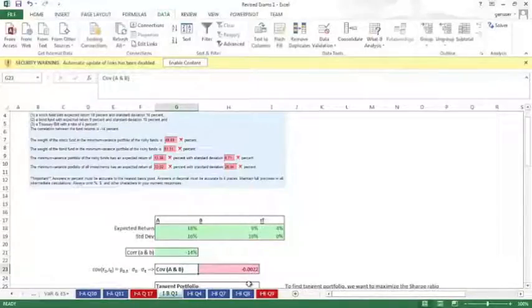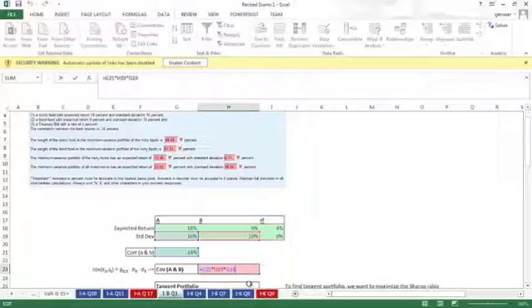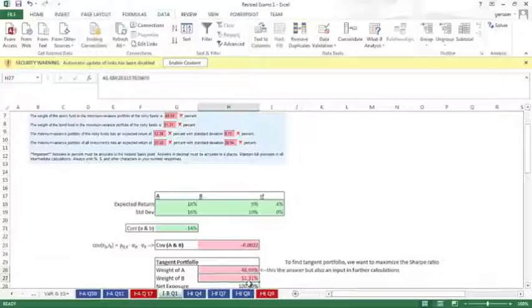In order to find the covariance, which right here is defined as the correlation between the 2 funds times the standard deviation of the first fund times the standard deviation of the second fund, I already set up a formula prior to the exam, which takes the standard deviation of the stock fund times the standard deviation of the bond fund times the correlation between the stock and bond fund. And after I have that, I went into solver,